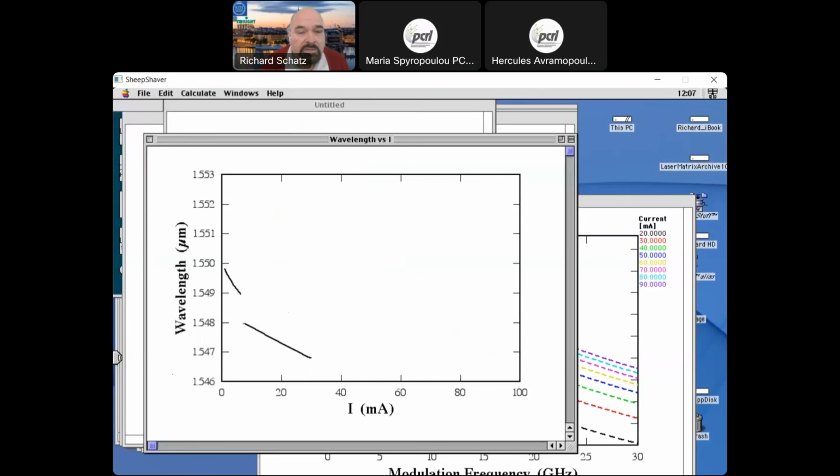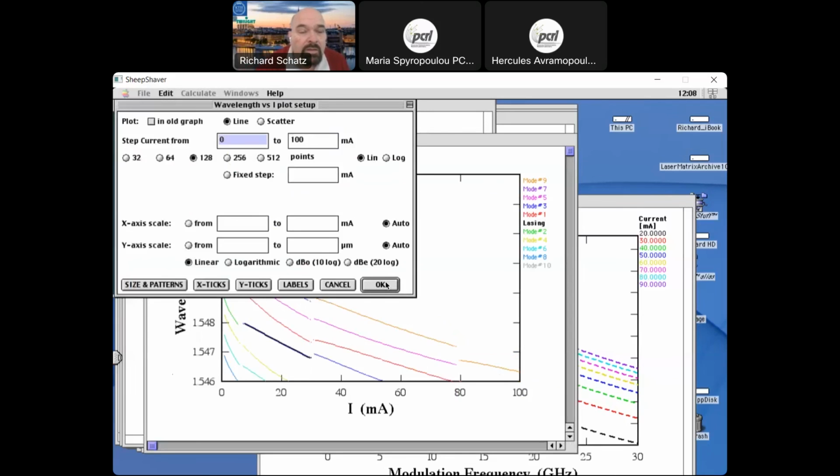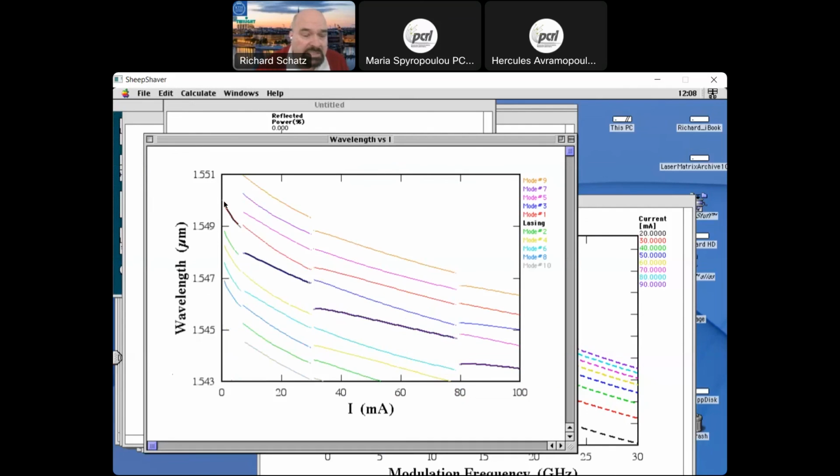Here you see how the laser starts at the long wavelength. When we increase the current into the passive section, it jumps from this mode to this mode to this mode and to this mode. During these mode jumps, you detune the laser. So it will lase on the short wavelength side, then go to the long wavelength side, then jump to the short wavelength side, and go to the long wavelength side again. And on the long wavelength side you get good detuned loading,